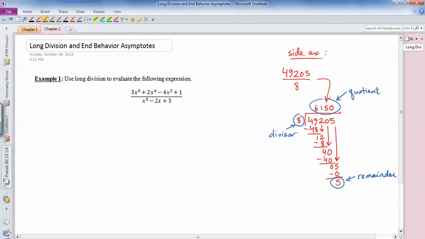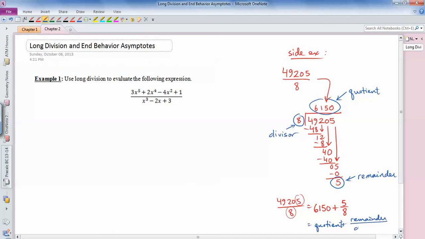And so the way that I want to write that original fraction is, you guys probably got used to writing R5, but I don't want to write R5. Instead, I want to rewrite my fraction 49,205 over 8. If it was 49,200, then it would have been exactly 6150. But I've got that extra 5 over 8 left over, so I'm going to write it like this, plus 5 over 8. And so what I want you to notice here is that my original problem I'm writing as the quotient plus the remainder